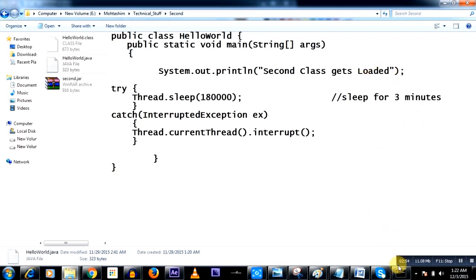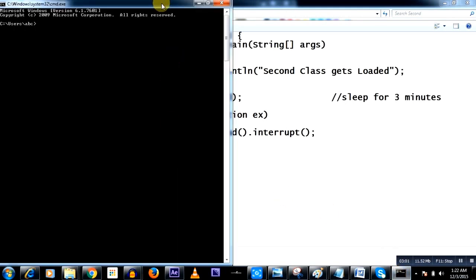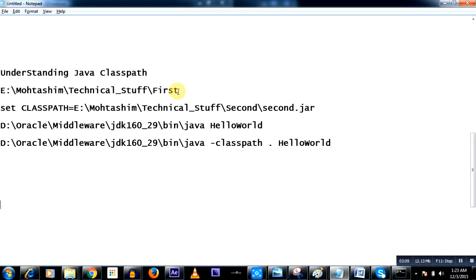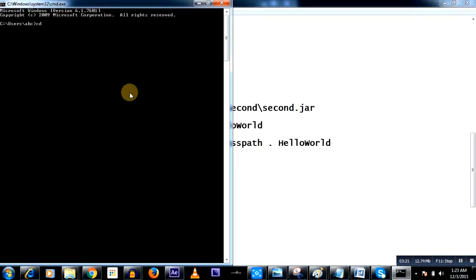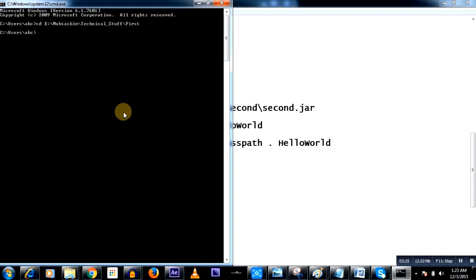So step number one, in the command prompt, first thing is I will move onto the first folder.